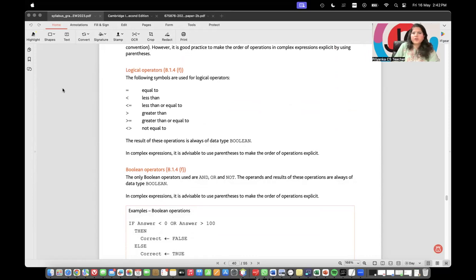These are logical operators. Logical operators always return either true or false. This is the equality check operator. So if you just want to check whether the left side is equal to the right side or not, you will just write the equal to sign. Like if num is a variable, if num = 2, then